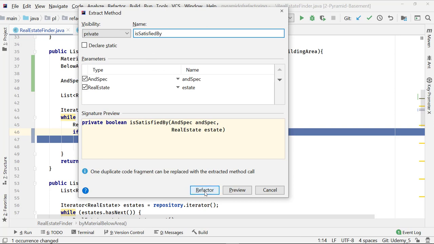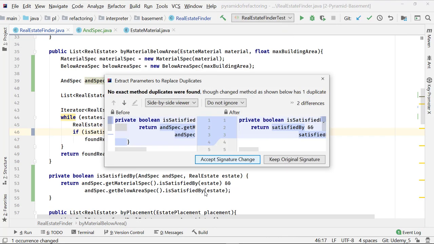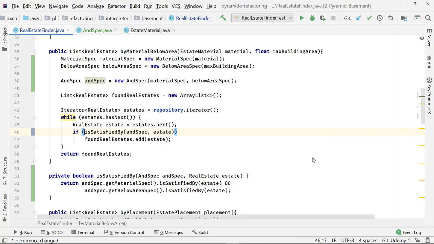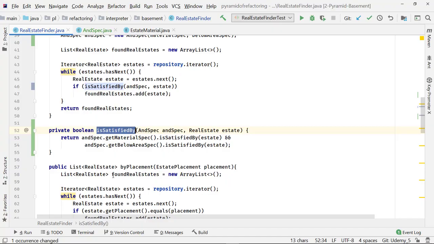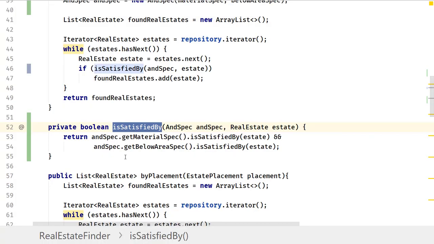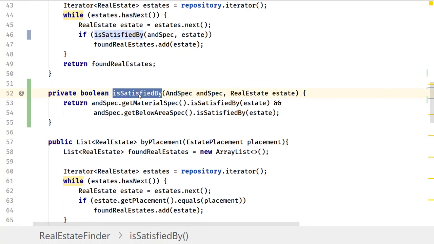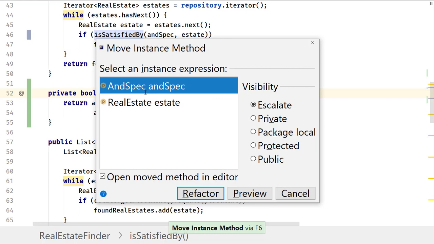Let's click Refactor or Alt-R, keep original signature, and you can see that indeed now we have the isSatisfiedBy method extracted. It takes two parameters, and this way I can move this method easily into endSpec. So let's click F6, move instance method into endSpec,